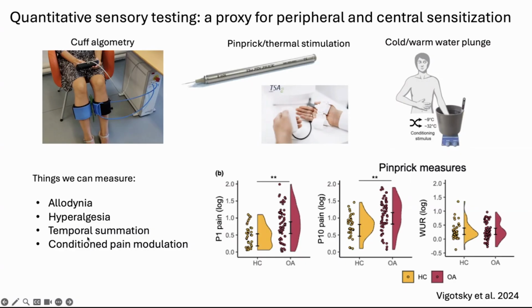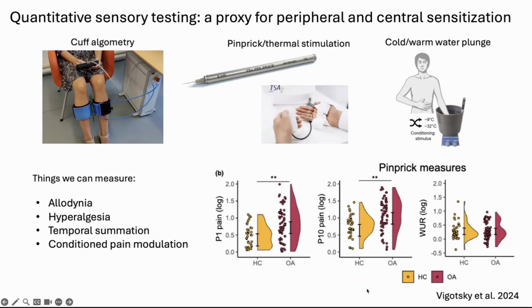For example, something that we can do is apply a stimuli several times to assess how these stimuli at the same intensity can evoke progressively higher pain reports, and this is thought to serve as a good proxy for central sensitization. Another frequently used technique is called conditioned pain modulation, which measures whether a given painful stimuli is perceived as less painful when there is a concurrent painful stimulus in a remote body location. This is thought to reflect both spinal cord inhibition and also the brain's control over spinal cord circuitry, which we will discuss again later.